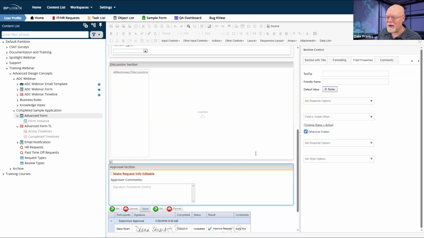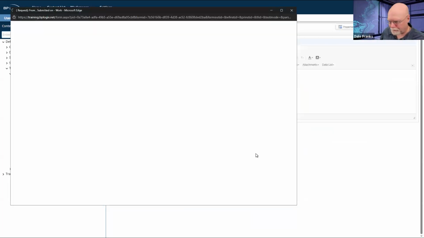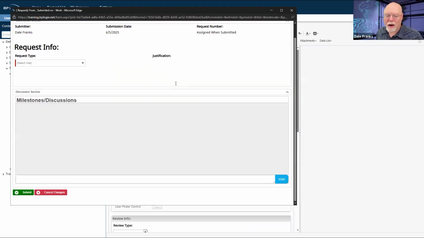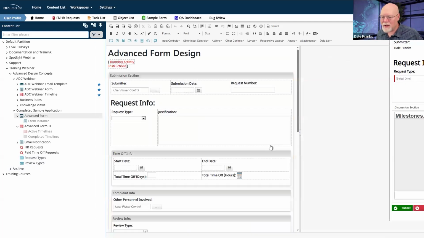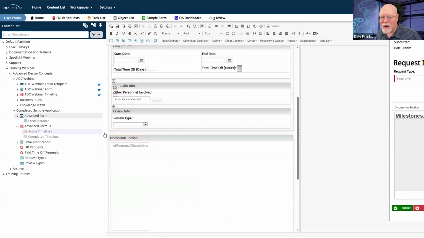I think I hit save and run. I meant to hit save and test, but we're going to have to wait for it to save. And you may have noticed that I do this sometimes during the webinar too. I'll just create a new instance of the form and leave it up. And if I make a change in the form template, all I have to do is refresh the form and my change should be immediately reflected. And so, okay, my milestones and discussions are showing up, which I did not want the discussion section to do. So let's see what mistake I've made in configuration on that.